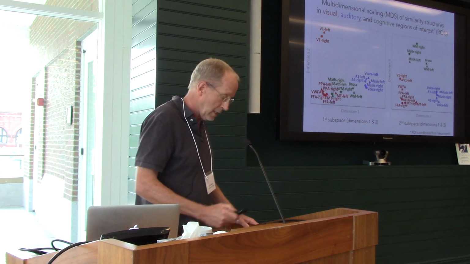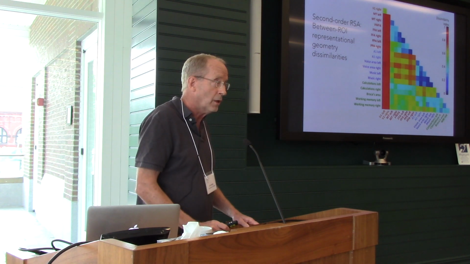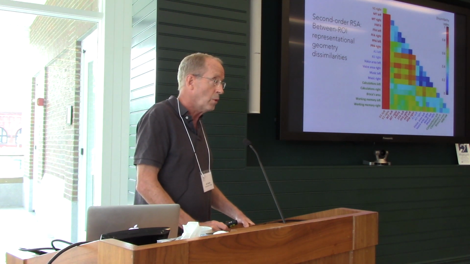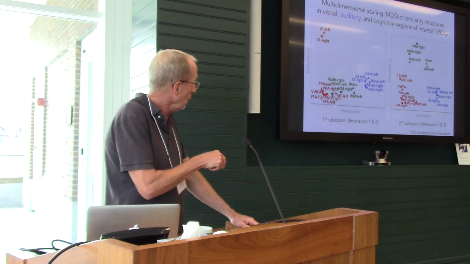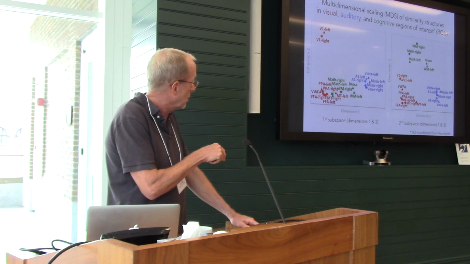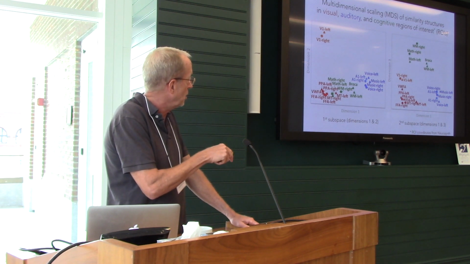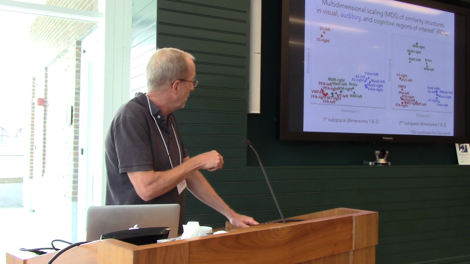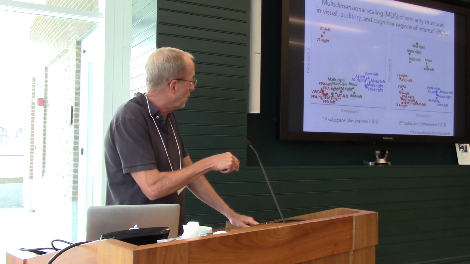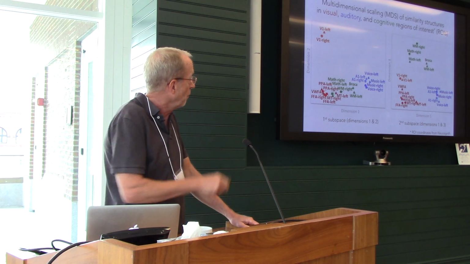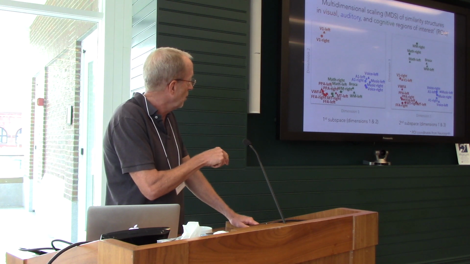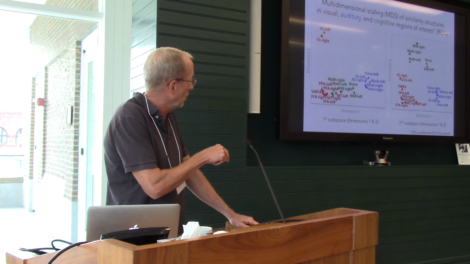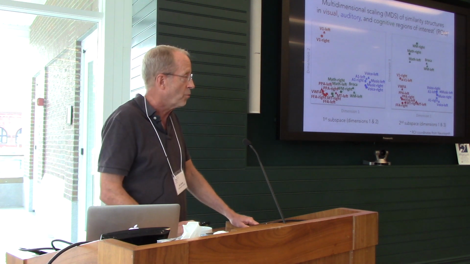But you can visualize this kind of dissimilarity matrix using multidimensional scaling. So we project all this into a three-dimensional multidimensional scaling space, and that's what's shown here. Again, this is nicely color-coded with vision in red, audition in blue, and cognition in green. This is the first dimension, the second dimension, this is the first dimension again, and the third dimension is the vertical axis on the right. You can see that the first dimension is dividing vision from audition with cognition somewhere in the middle, and the third dimension is dividing cognition from the sensory perceptual areas.